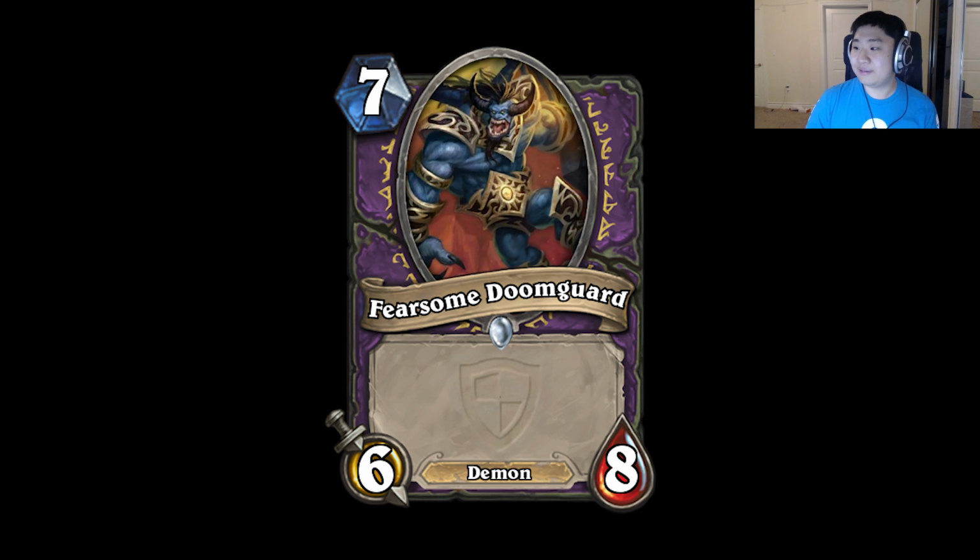I think the biggest implication here is that it's a demon, so your Bane of Dooms and stuff can get a Fearsome Doomguard, which is obviously really good for a Bane of Doom target. I find it hard for people to actually play this. If anything, the biggest implication with Fearsome Doomguard is also playing in Voidcaller decks because there's not a lot of